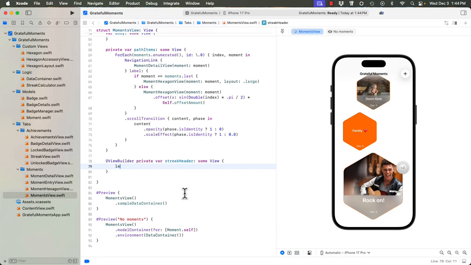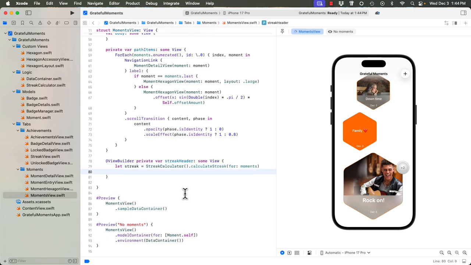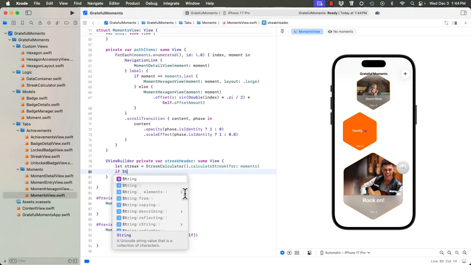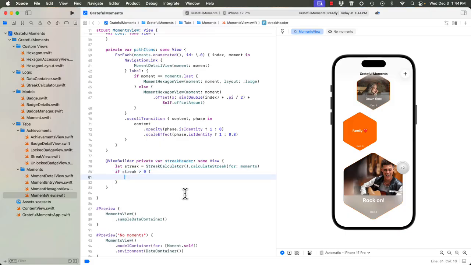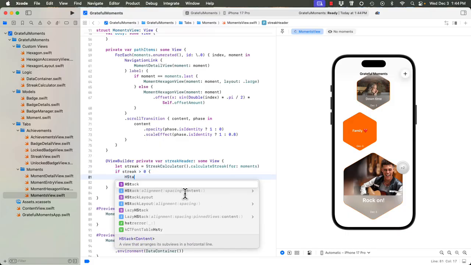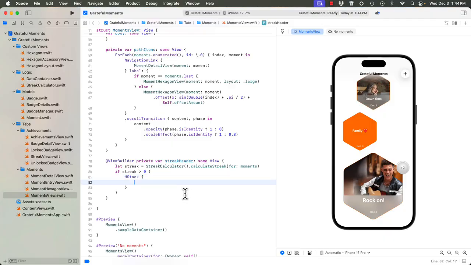So we're going to say let streak equals streak calculator dot calculate streak for moments, which is the array of moments. And we're going to say if streak is greater than 0, then we want an H stack, and inside the H stack we want a text,